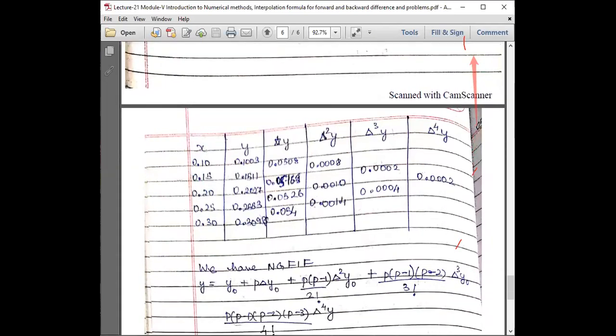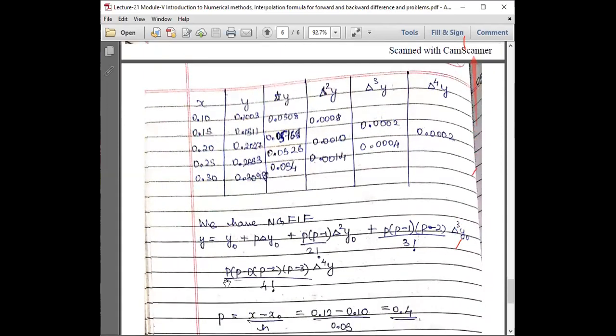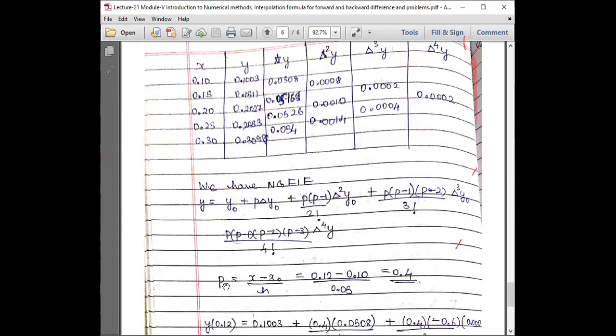Therefore, Newton's forward interpolation formula is y is equal to y naught plus p into delta y naught plus p into p minus 1 upon 2 factorial into delta square y naught plus p into p minus 1 into p minus 2 upon 3 factorial into delta cube y naught plus, etc. We know that p is equal to x minus x naught upon h, that is equal to 0.12 minus